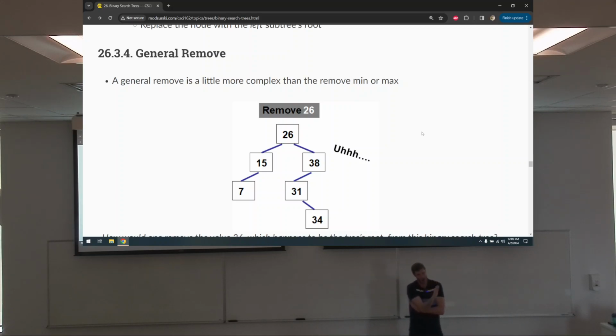But let's talk about this. So first, let's be clear. How much time we got? Good. Let's be clear about what the idea was. You take the smallest number from the right subtree. Okay? In this particular example, it's 31. But the smallest number in the right subtree